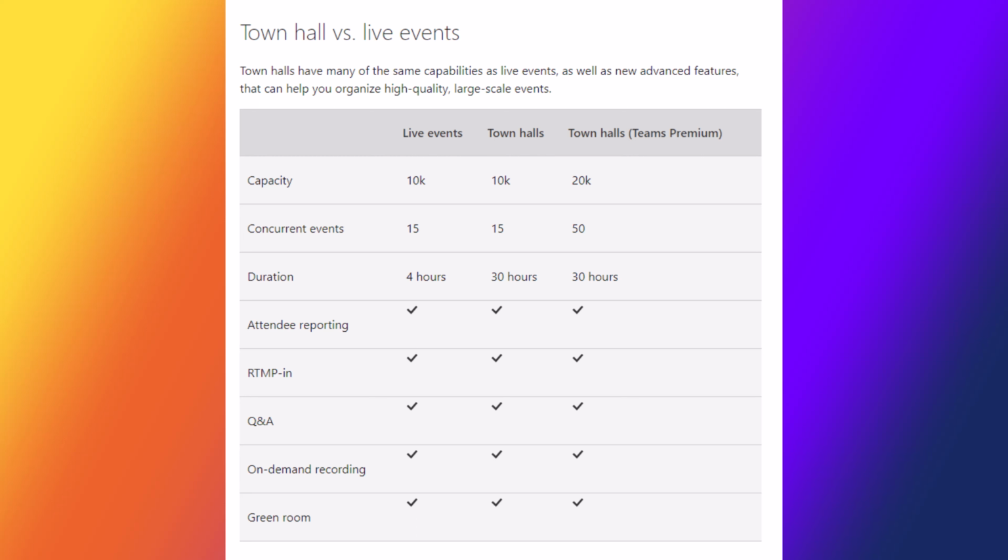And notice that town hall with Teams Premium also gives you more concurrent large events within your tenant, 50 as opposed to 15. Again, some work out there needs 50 concurrent large events in the tenant, and so they'll need town hall with Teams Premium to do that.